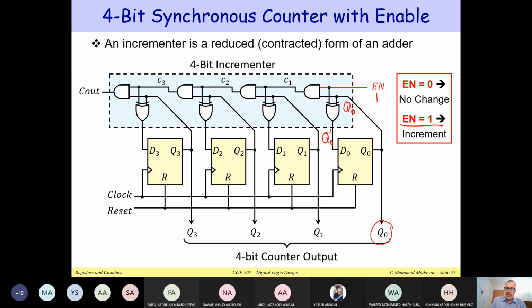Now, when do we get C1 is equal to 1? If Q0 is equal to 1 and enable is equal to 1, then you get C1 is equal to 1. And when you XOR C1 with Q1, you get Q1 prime, and so on. So if you look at this, the way that this 4-bit synchronous counter works is that if enable is equal to 1,